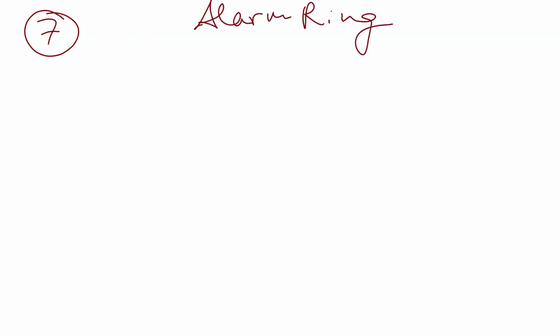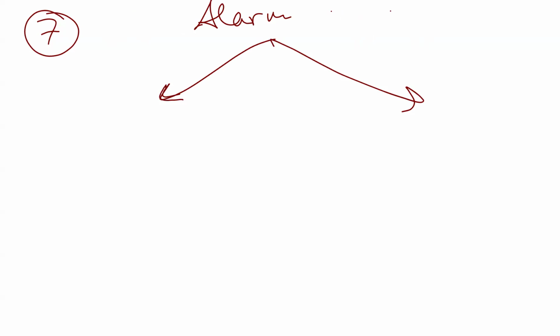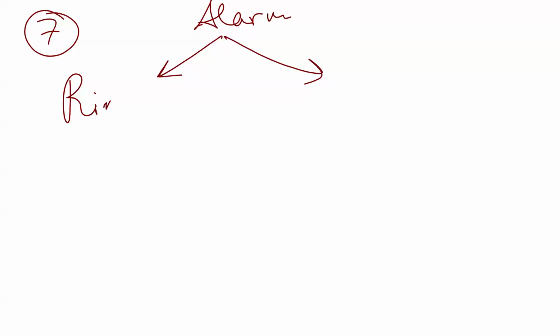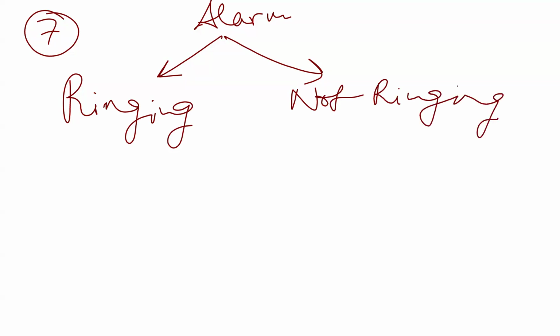Question 6, you can try it at home. A person A has an alarm which will ring at the appointed time with probability 0.9. Okay, so probability of alarm ringing and not ringing. If ringing is 0.9, not ringing will be 1 minus 0.9,